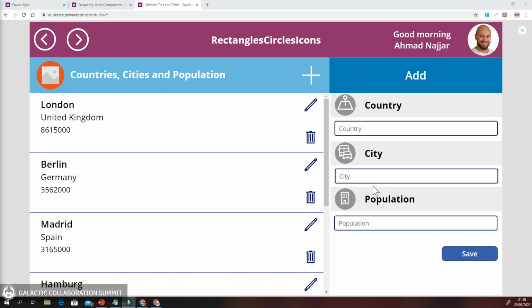So next we're going to be talking about rectangles, circles, and icons. At the beginning, when I started developing using Power Apps, I thought they were just shapes, that there's some kind of use for them. But then I noticed that if you combine those shapes together, you get nice headers or nice